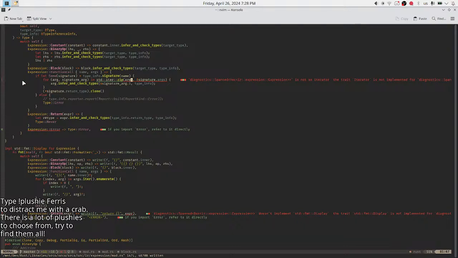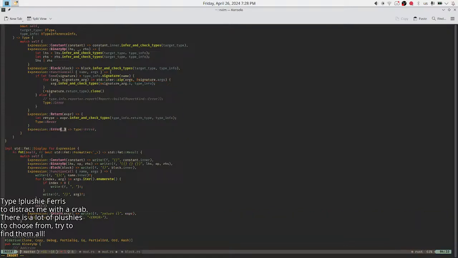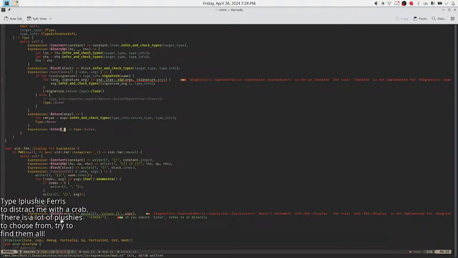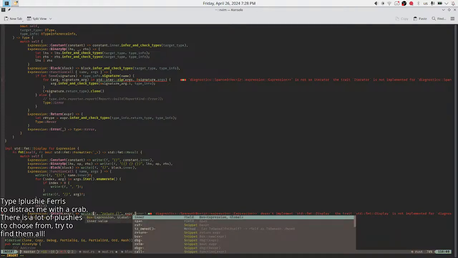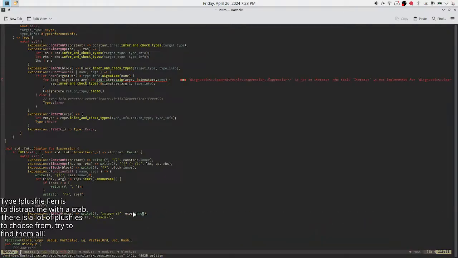Okay, so zip error here. I feel like this is gonna make this stuff so much more complicated. But just wrapping stuff in spans is not that hard, actually.